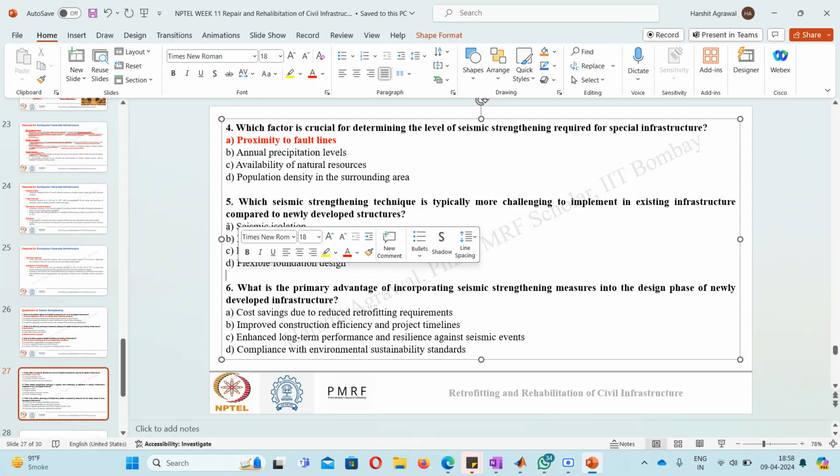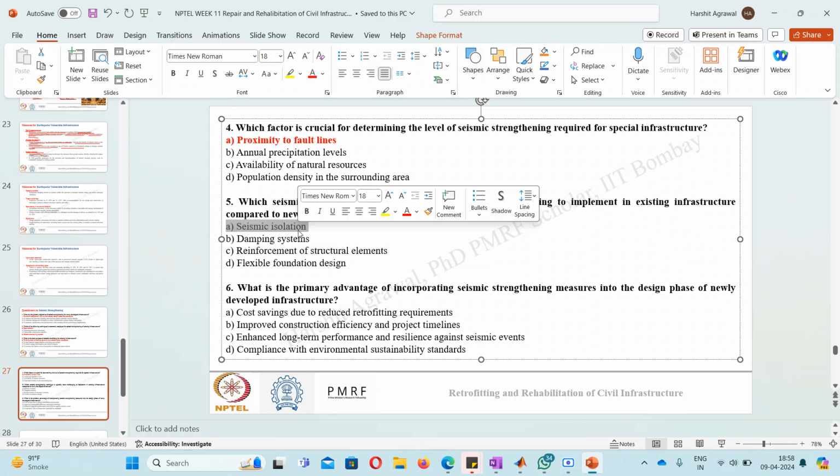Generally for existing infrastructure, it is more time consuming and difficult to install base isolation systems as compared to newly developed structures. In newly developed structures, while constructing the foundation only, we can include the base isolations. However, for existing infrastructure, we need to cut off the foundation, then install the isolations,